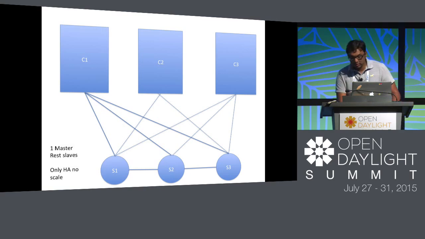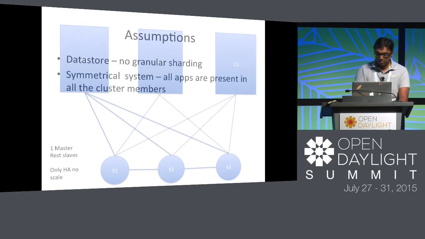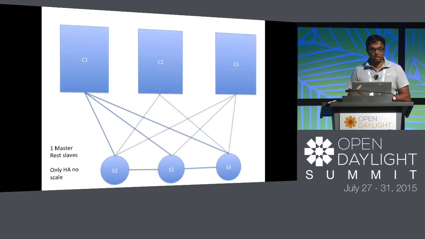So what we are trying to achieve here is a scale and HA solution, and the way we can achieve it is by distributing the ownership of these switches across